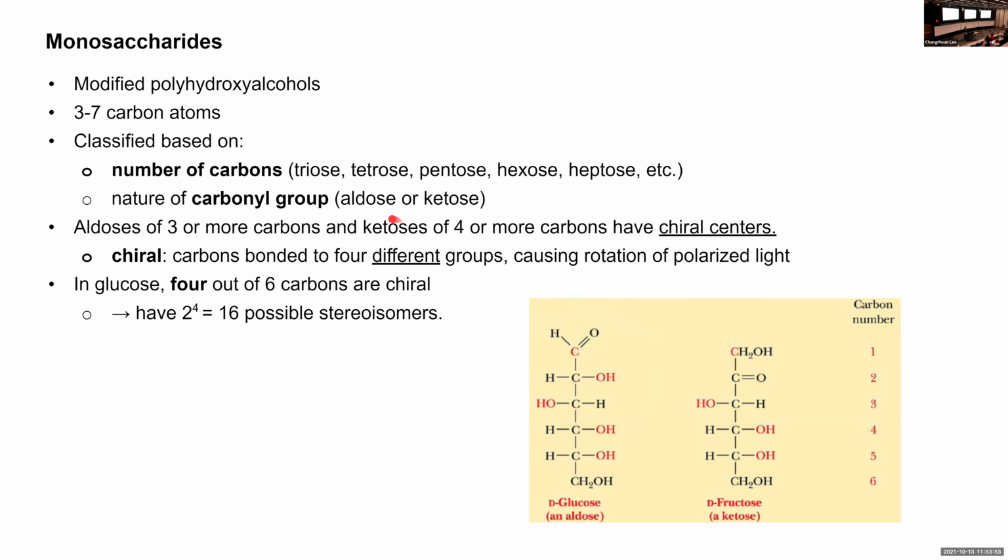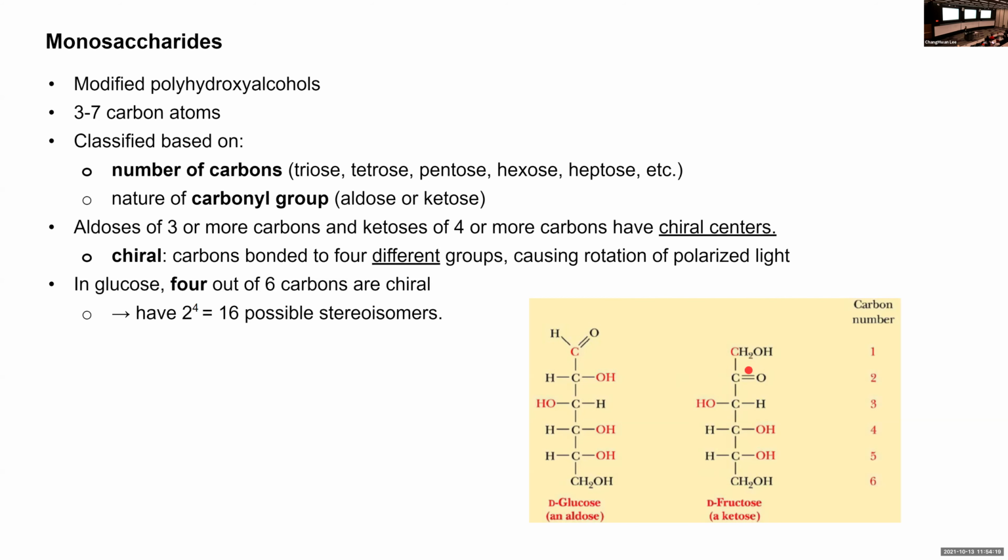Based on what kind of functional group you have on the sugar, you can call them aldose for the sugars containing the carbonyl group, the aldehyde,